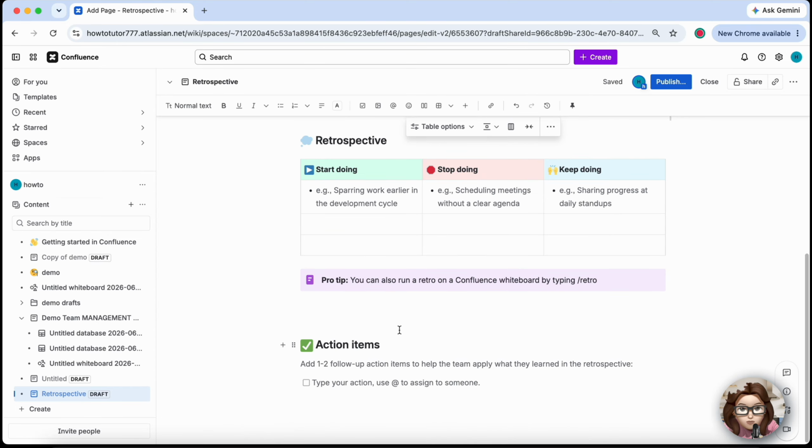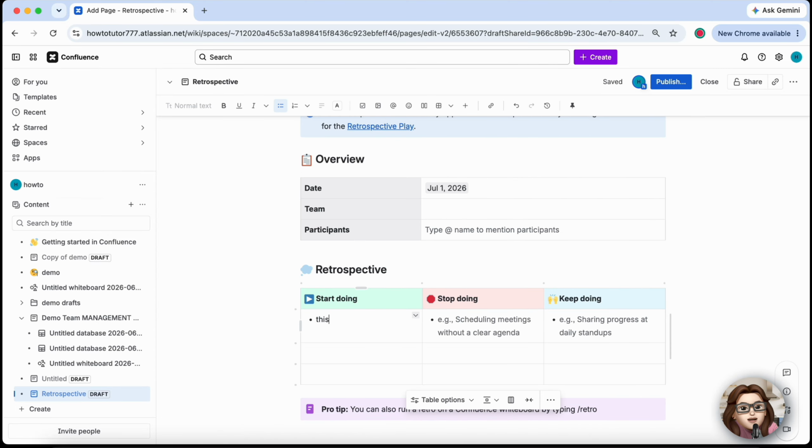Once the meeting is complete, update the page with the final decisions and click Publish so the retrospective is available for future reference. That's how to run a